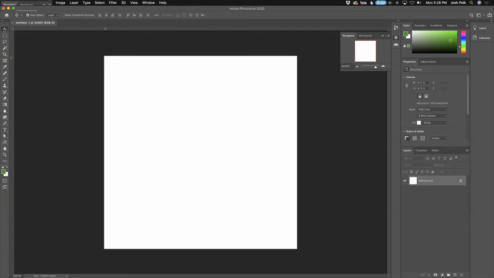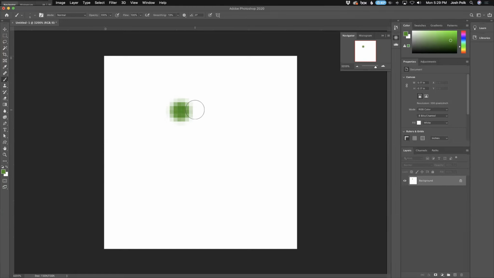So I want to be able to draw pixels and dots and to create some art like what we had looked at before. So probably the easiest way to do that starting out is there is a brush tool, but the pencil tool actually makes it a little easier to draw the dots. One thing the brush does by default is you see how it's kind of soft around the outside? Now you might like that effect, and you probably will later as you do more and more, but I'm gonna